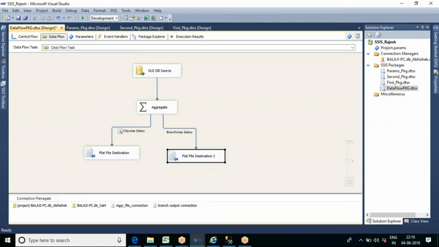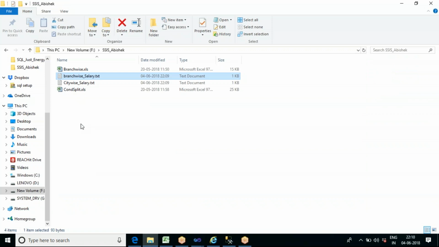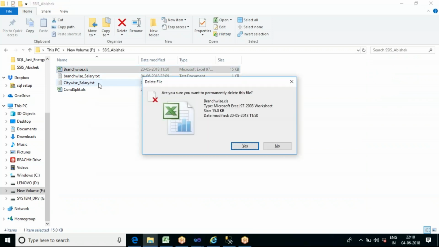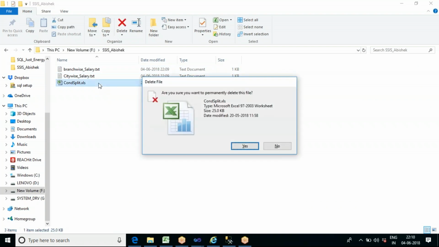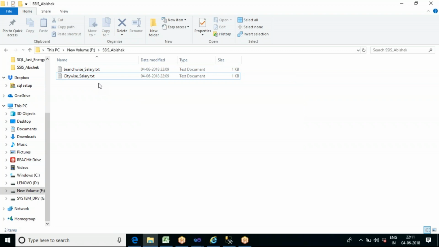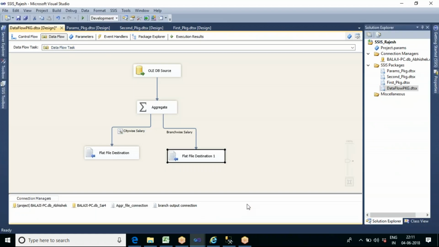Or if you want to push this, no, Krishna, I want to put it in an Excel file. Okay, instead of a text file every time, if you want to put it in an Excel file, now let us see. Let me delete that. Okay, I have only two files in this folder. Suppose if you want to push the data into an Excel file, that also you can do.